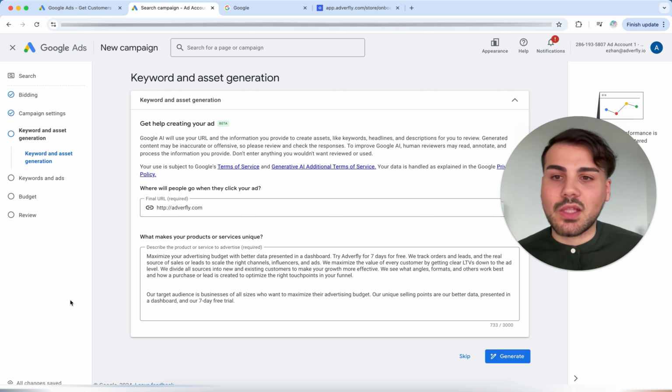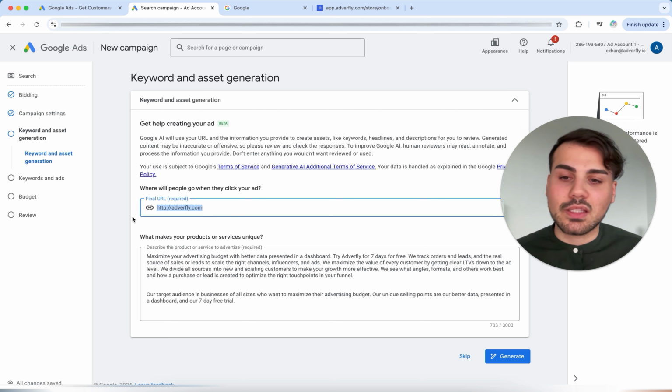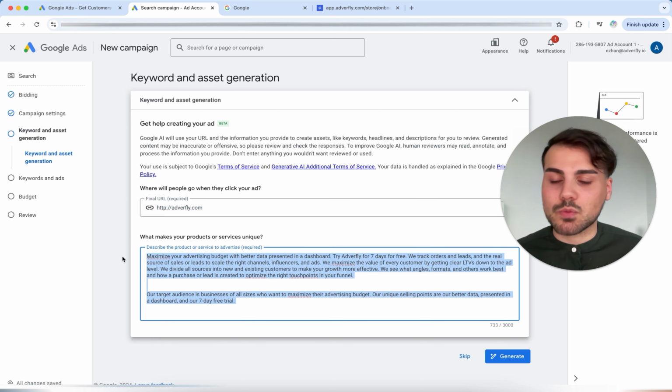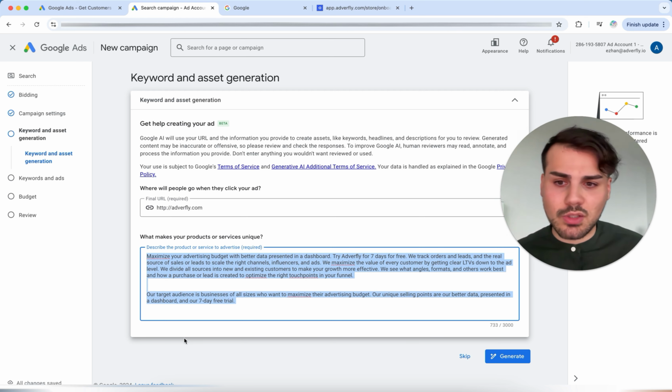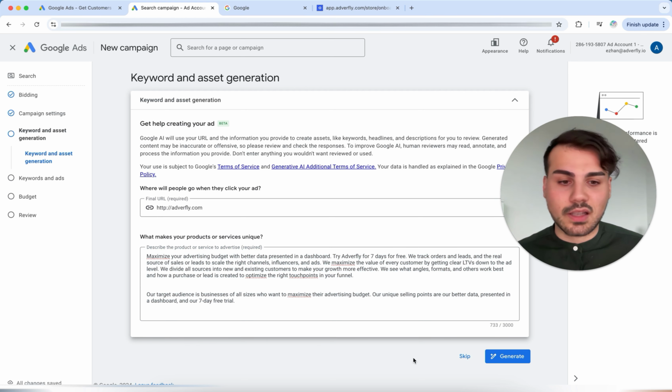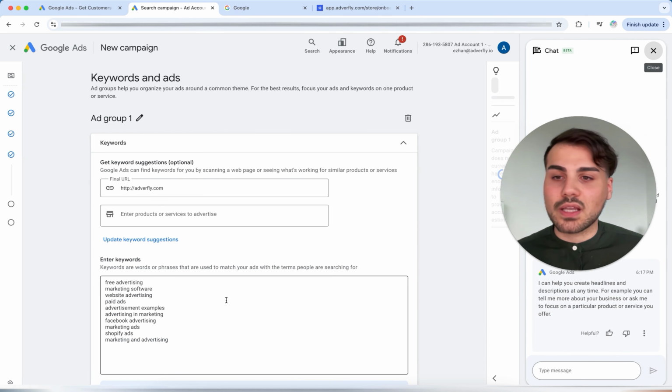So I click on skip here, because you can do the following when you say, hey Google, here is my link, here is what you do, which was also created automatically by Google or by the AI if you added the link at the very beginning. I didn't add that here, but Google did it automatically itself, for example, by analyzing the page and creating it using the AI. But in this case, I click on skip once, and then I end up here on this page as we see here.